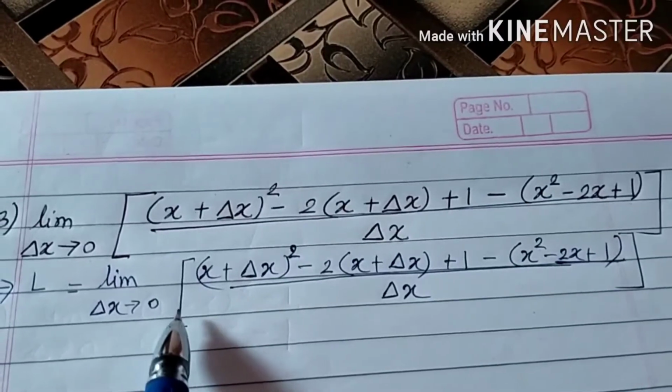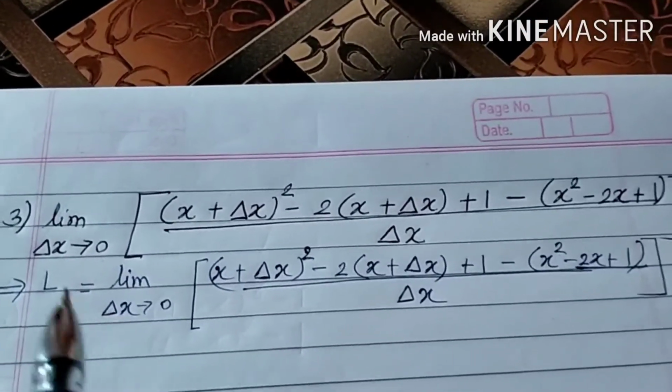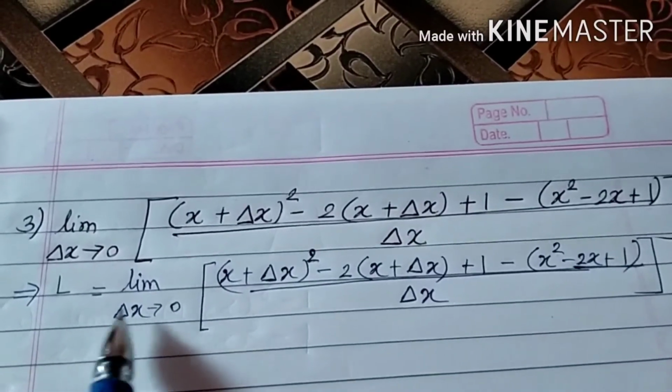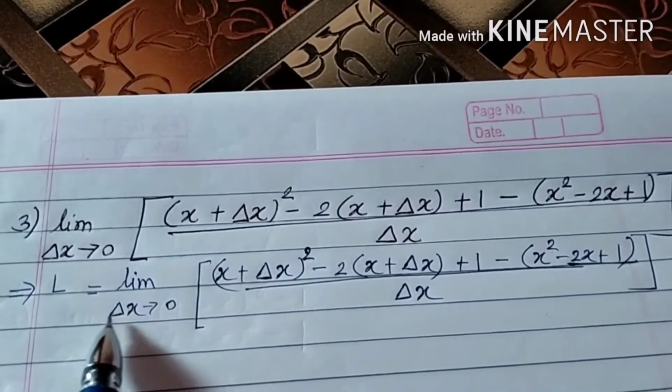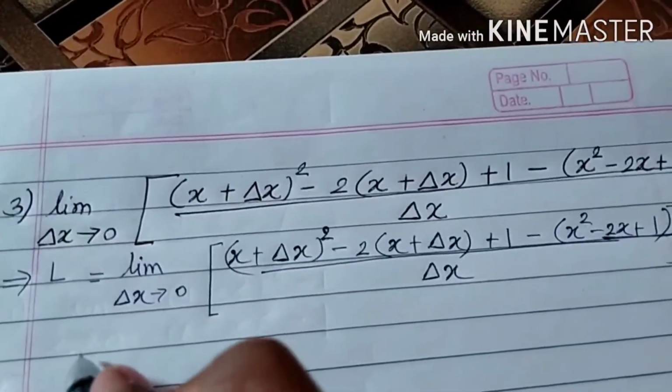So here observe that delta x tends to 0 means you have to remove delta x or delta x square, cube. Means when you remove delta x, then you get your answer. So for that,